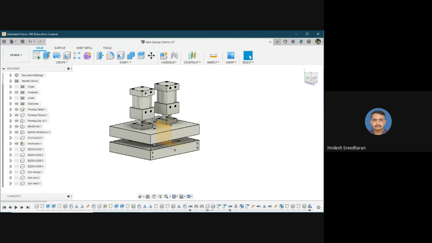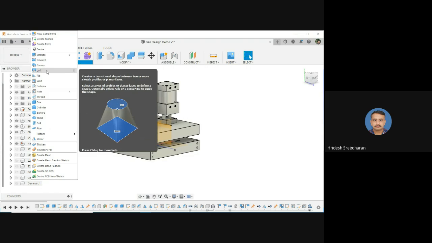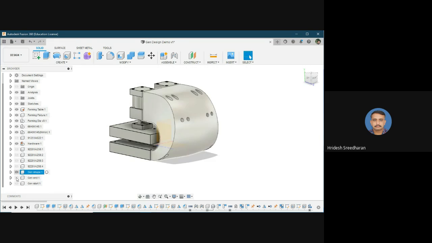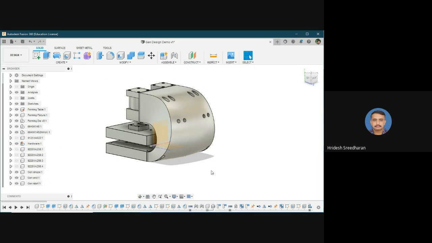See, we can draw a rectangle here, and another rectangle here, and use the loft command. There is a loft command with which different shapes can be joined together, and we will give a guiding path from here to here. Two splines will do, and using these four parameters we have created this generative starting shape. Okay, so once we are done with this, we will move to the generative design workspace.